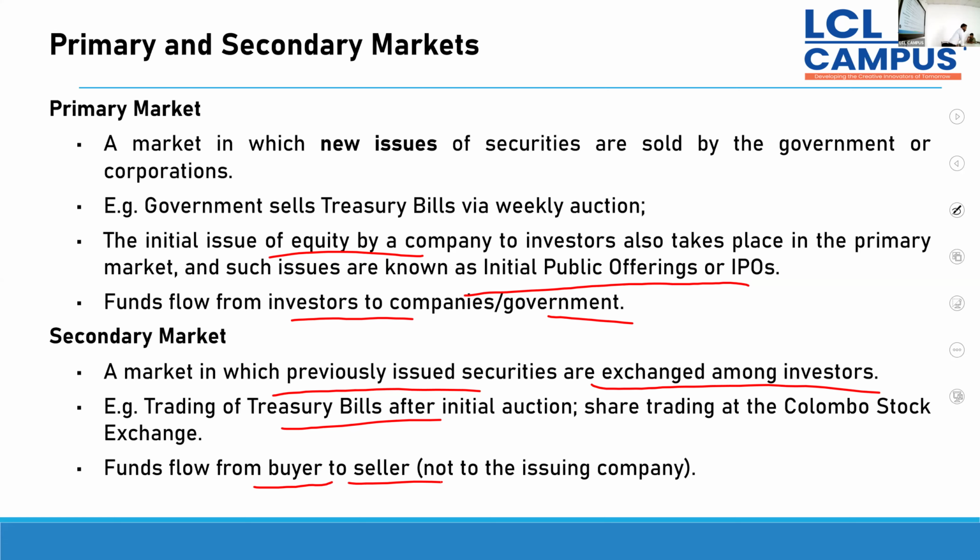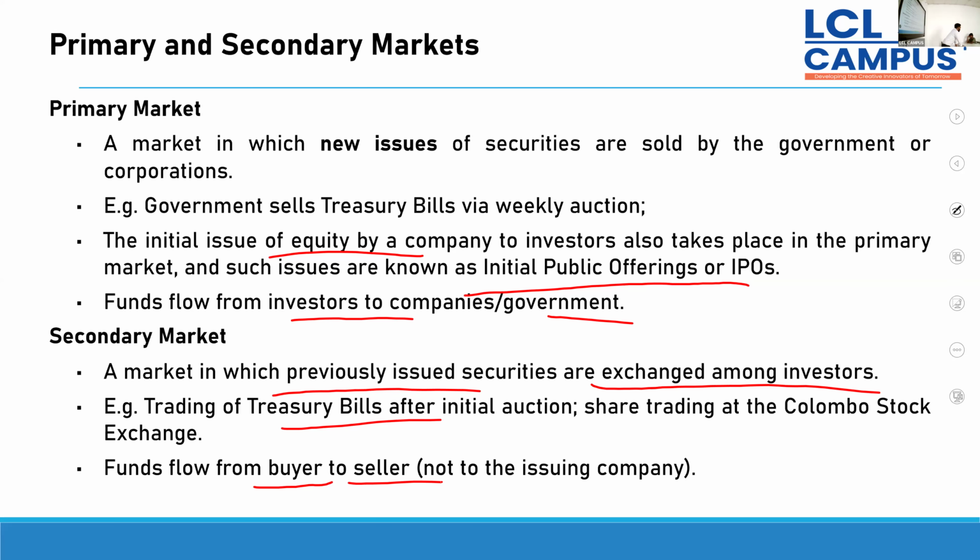So, what are the securities traded on the money market? Treasury bills, commercial papers, CDs, yes, certificates of deposit. Then what are the securities we trade on the capital market? Treasury bonds, debentures. Very good. Long-term bonds and shares also come under the capital market, which means equity and debt securities. Clear?